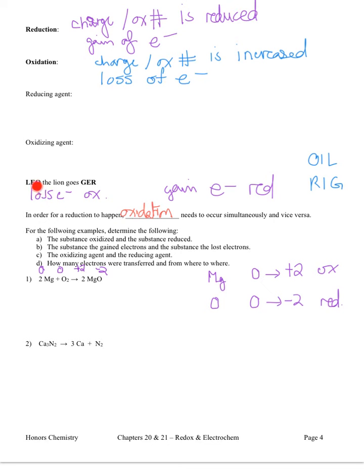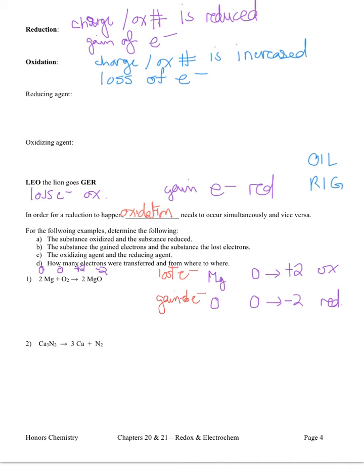If it lost electrons, that's the oxidation, and this one was oxidized, so that means it lost electrons. So this one lost electrons. The oxygen, because it got reduced, gain of electrons is reduction, so that tells us that whatever got reduced, which is the oxygen, gained